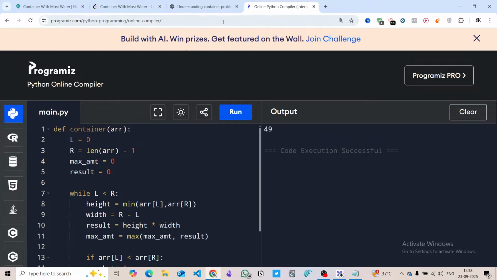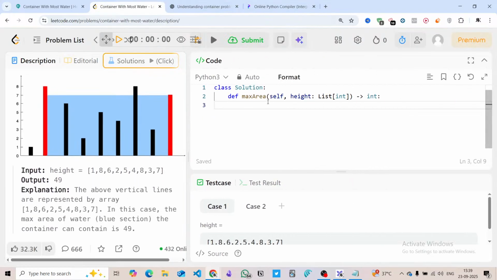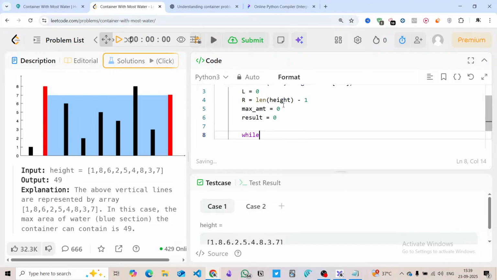Let's try to code this in LeetCode so that we can know whether it's right or wrong for all the test cases. So we set left at 0. We set right at length of height minus 1. So maximum amount is equal to 0, then result is also 0. So while L is less than R,